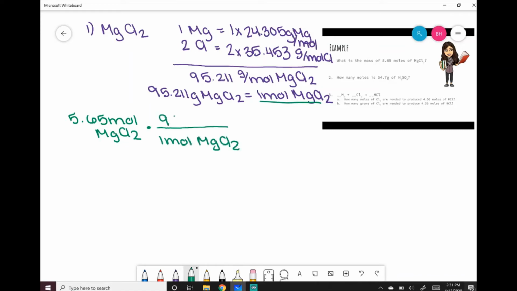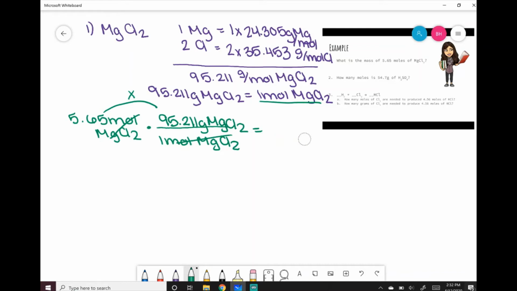And that's equal to 95.211 grams of magnesium chloride. My units cancel out because they're on opposite sides. And so then what I'm going to do is multiply across. So I'm going to put 5.65 multiplied by 95.211. And what I end up getting is 5.37